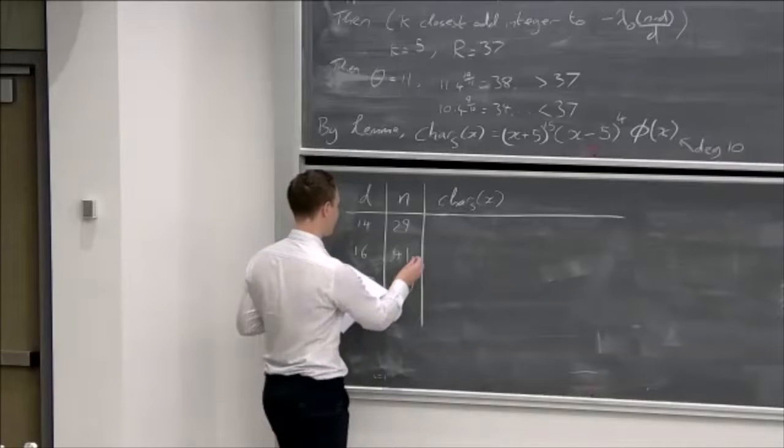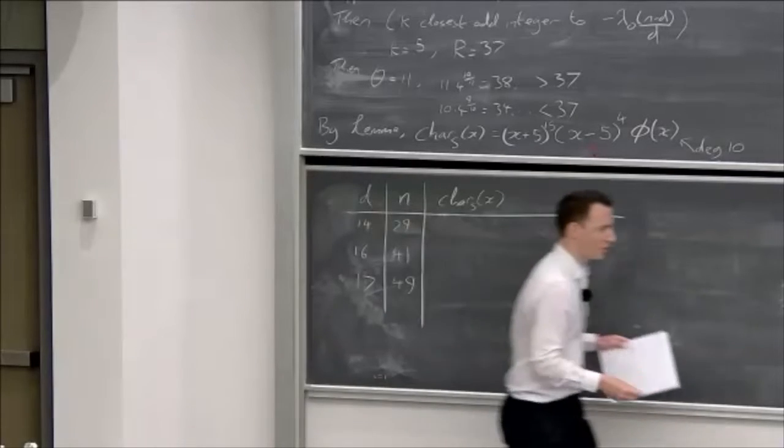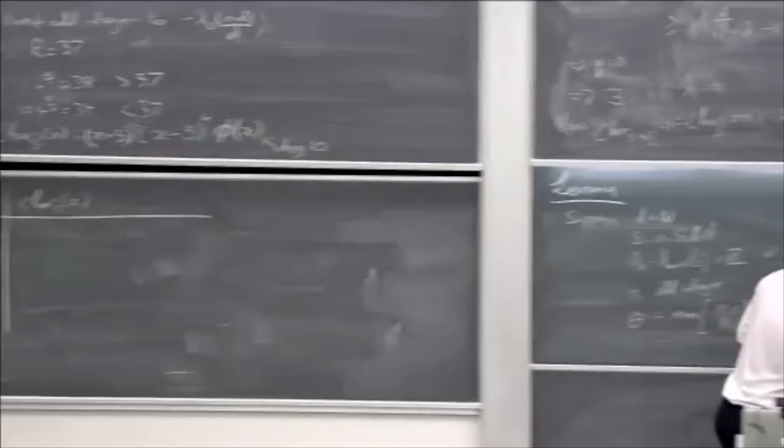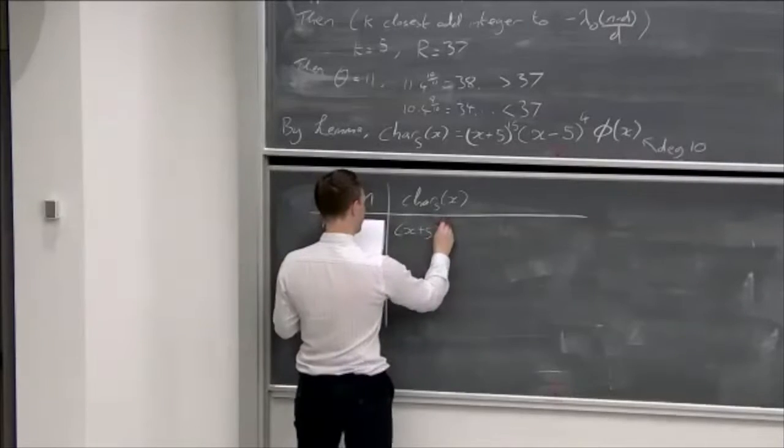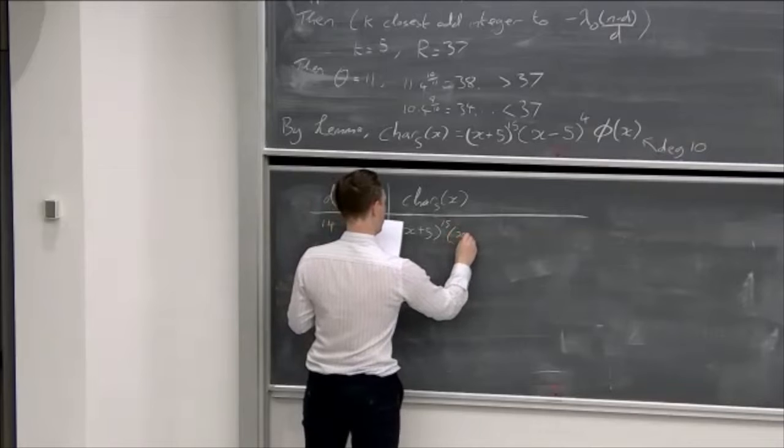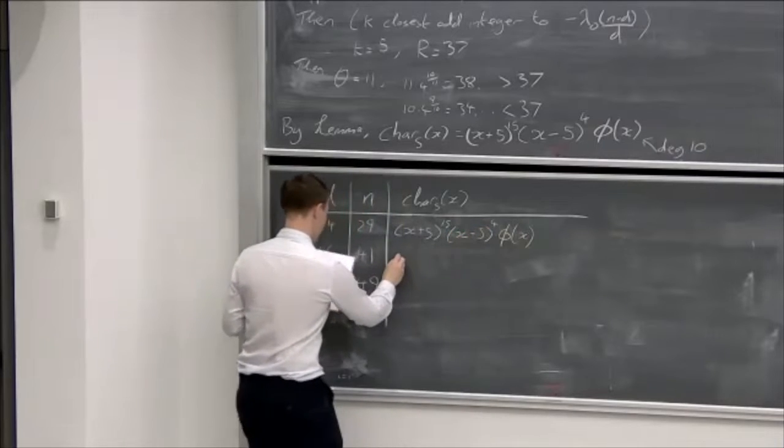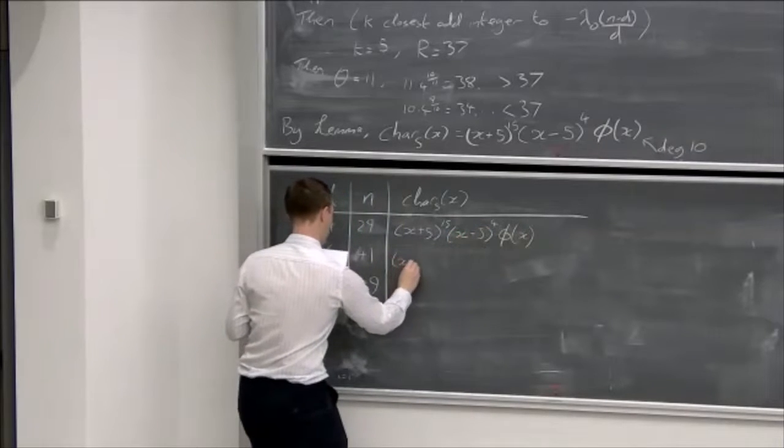are the best possible. My chalk is dwindling. So backup chalk number 1. As we saw for d equals 14, we get this one. For 16, we'll get